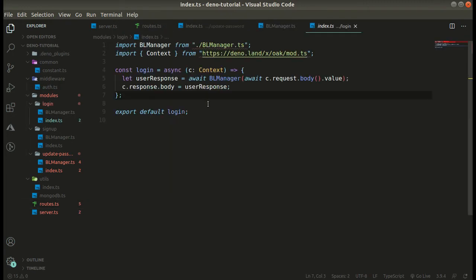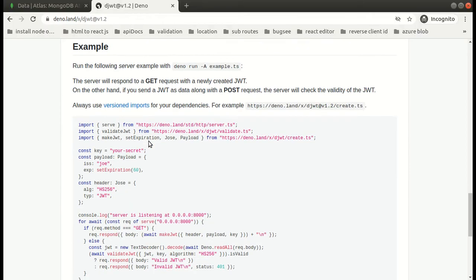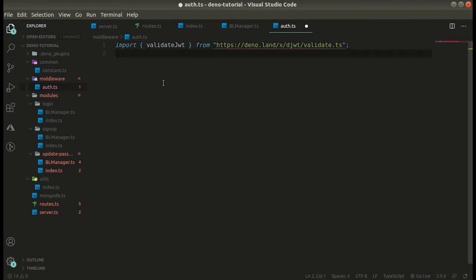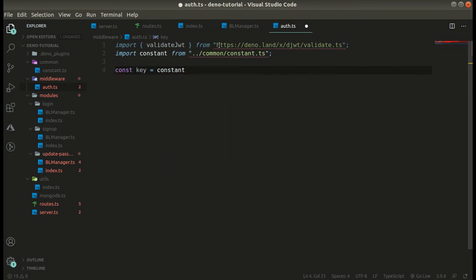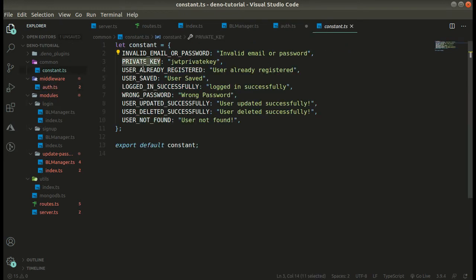Now let's quickly code this. Friends, in this login API we have made the JWT token and we have sent it in the response. Earlier we made use of these methods or attributes; now we are going to make use of this thing, valid JWT. Let's quickly import it. One more thing that we require is the key, which we can get from constant dot private key.